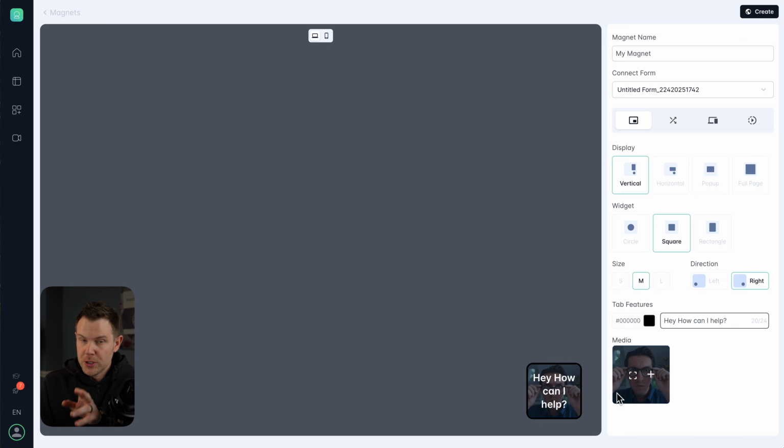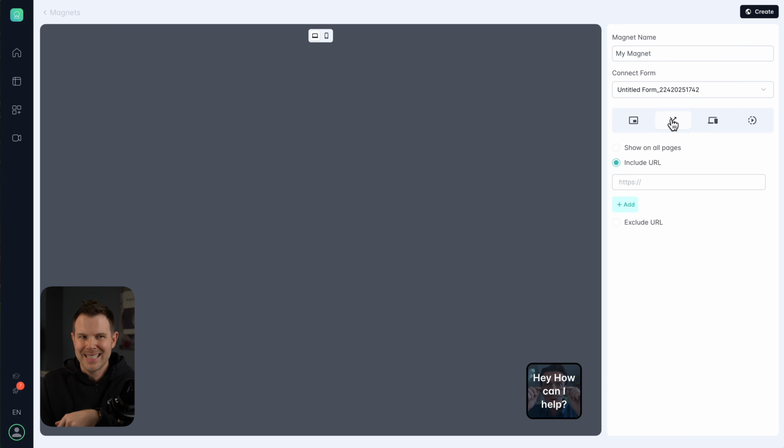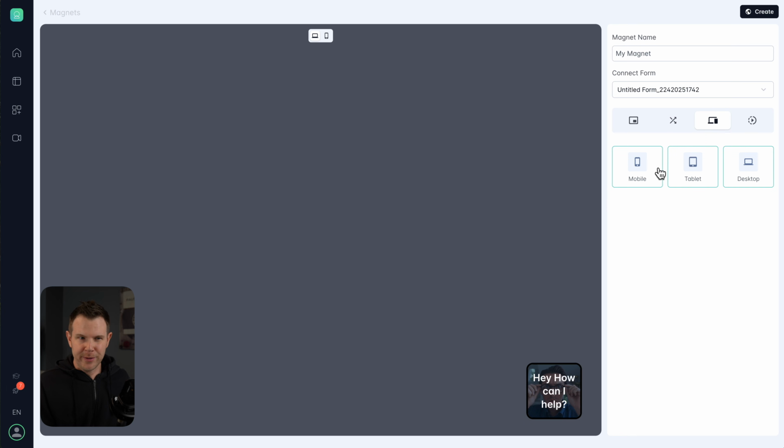All right, so once you've finished your layout settings, you can move over to the next tab here, which is what pages it will show up on your site. So you can include your entire website, just going to show all pages, and then exclude certain URLs, or you can specify maybe I want it on my homepage and my homepage only. Well, let's try this out. So I've added my homepage. I'm just gonna add that one singular page,